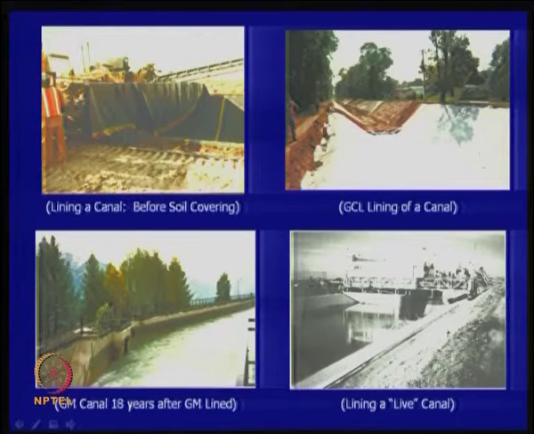Then you can see here, sometimes they are very durable actually. This geomembrane canal liner, after 18 years, its life is about more than 18 years, and if somebody sees the flow like this, there could be no leakage. What it means is that so many of these situations are there in Indian conditions, one should be able to use the geomembranes very well. Even it is possible to line canals which already have a lot of water flow. So, people have methods of doing this lining.